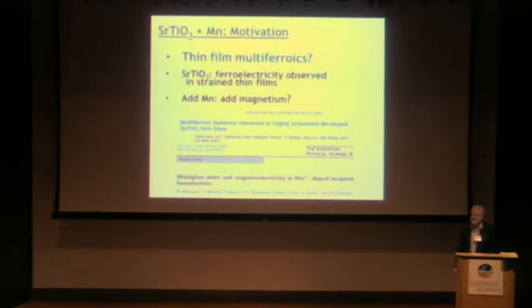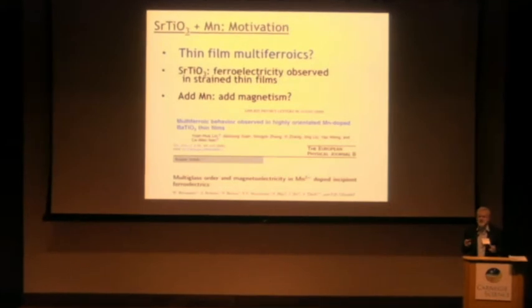So I'll begin by discussing the motivation for this study, and it's multifold. First of all, it's the possibility of multiferroism in strontium titanate doped with manganese. Strontium titanate is well known to have an antiferrodistortive ground state, but it also has a near ferroelectric instability. In thin film strontium titanate, it's sometimes possible to observe ferroelectricity. So if you dope with a magnetic ion such as manganese, it opens the possibility of multiferroicity. In any case, there's certainly going to be local polar and spin moments when you dope that.